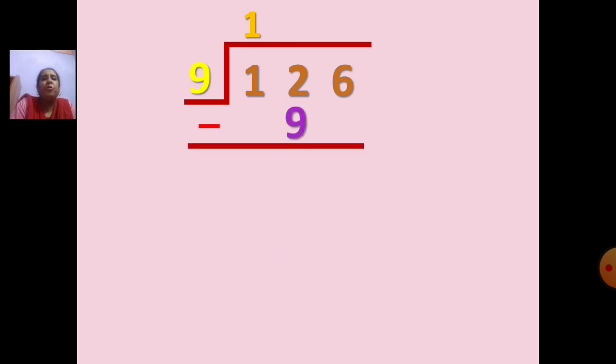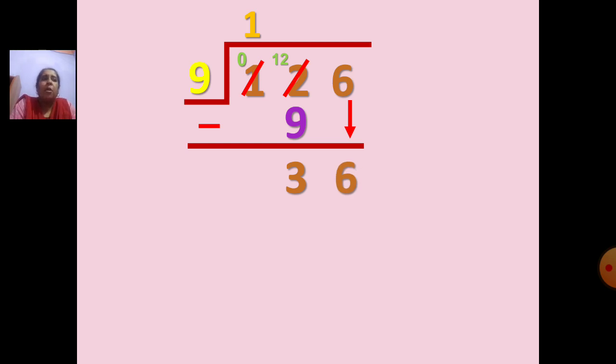Now you have to do 2 minus 9, right? So you cannot divide. 9 is big, 2 is small. So you will go to the next number. Cut 1, write 0 and cut 2. You can write 12 there. Now you borrowed 1 from your next number, so now it is 12. So now you can subtract. 12 minus 9 is how much? 3. Now you can bring the next number down. Bring 6 down. So how much do you get?